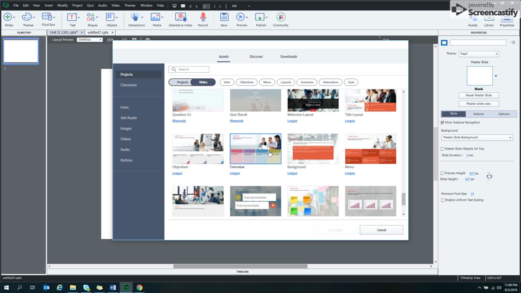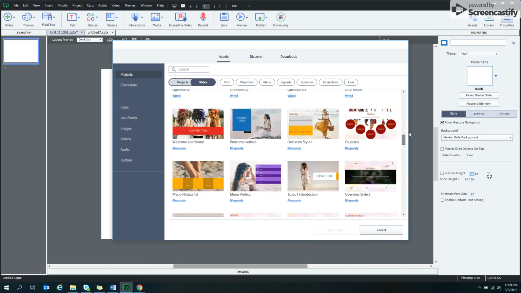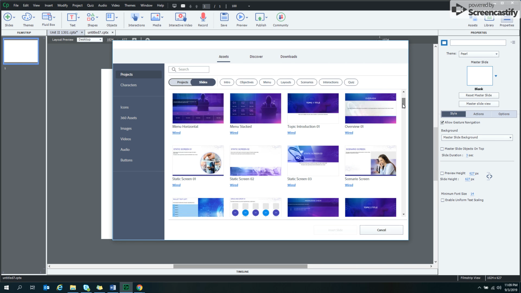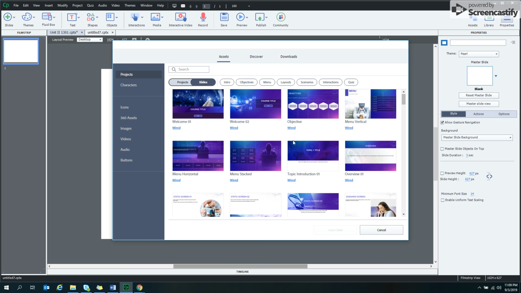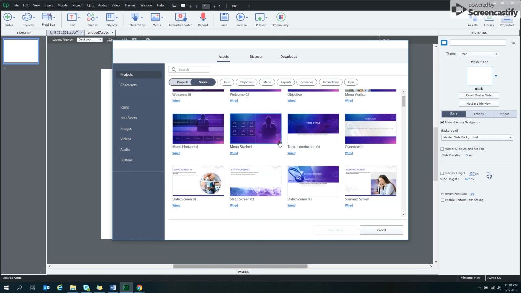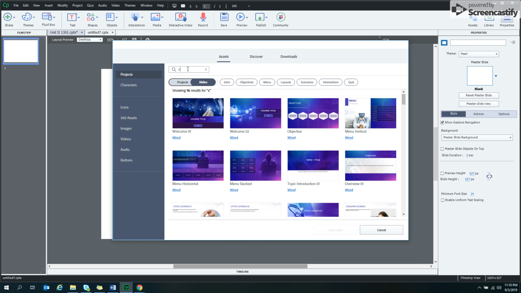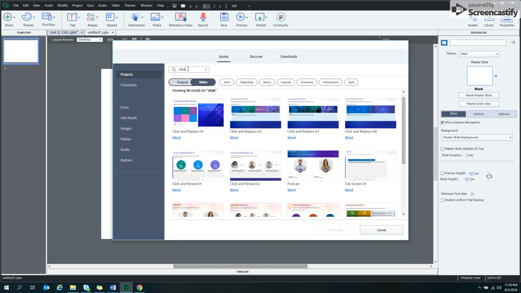So if you are looking for a question slide or a quiz slide, or in this case, I'm going to be using a click and reveal because that's the type of activity I wanted to do, then you can just find it here. Another way that you can find it is here in the search bar. You can click the search and just type the first few words. I'm going to say click,